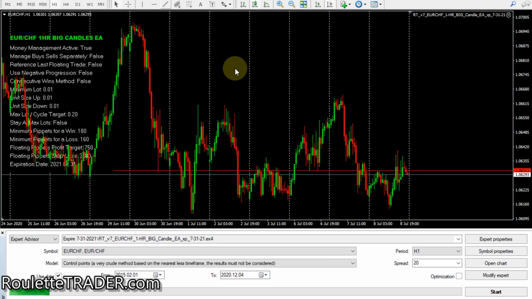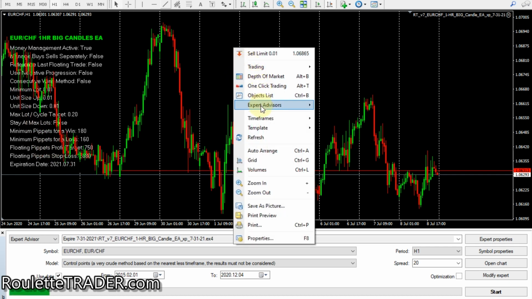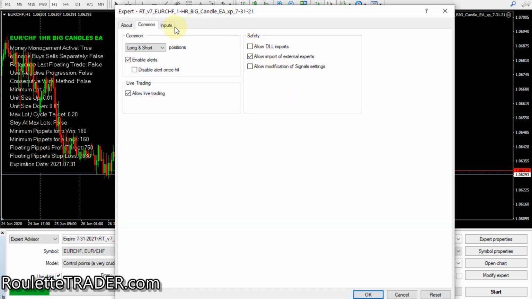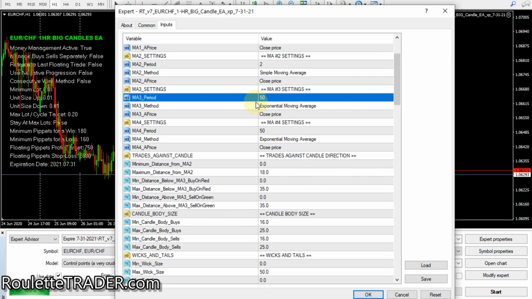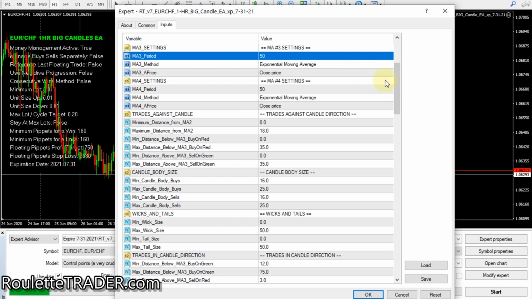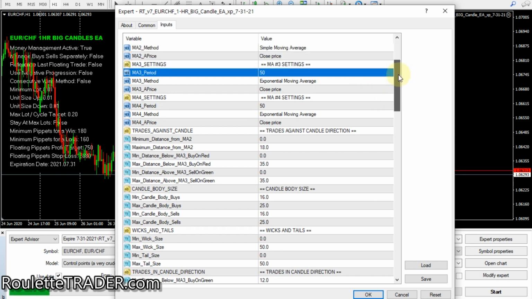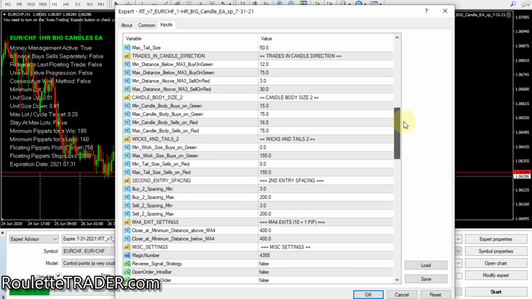Hey guys, here's a quick overview of the Euro-Swiss big candle trading robot. I'll go through the settings with you real quick. It uses 4 different moving averages, but the primary moving average is MA3, set to 50 exponential right now in this preset file here. This is the pivot point from which it will measure the entries,